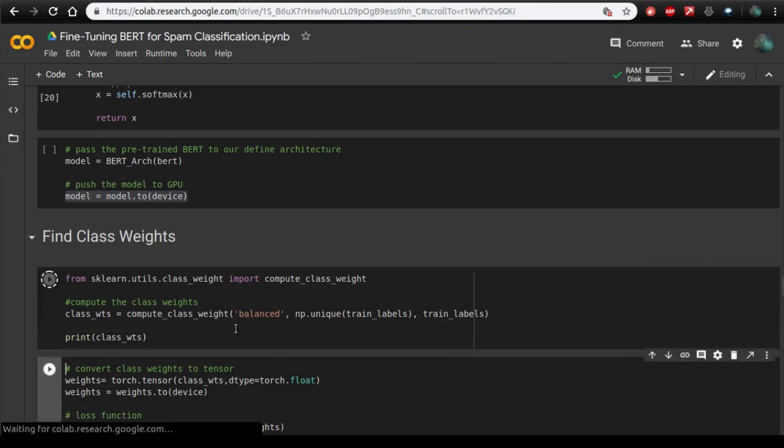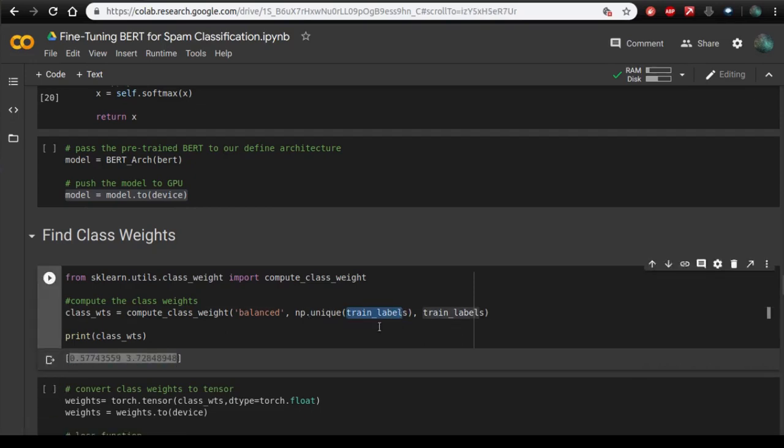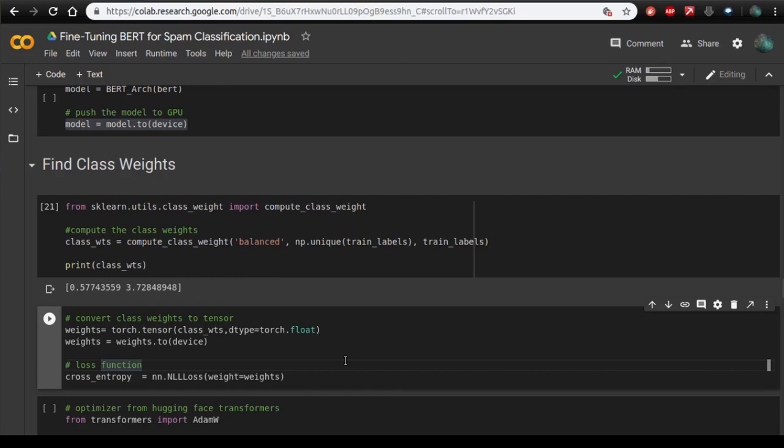So let me execute it. There you go. These are the class weights for the labels in the train set. Now we can directly use these class weights in the PyTorch loss function, this one, and you can see that I have used the weights.